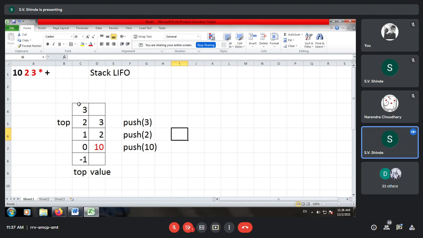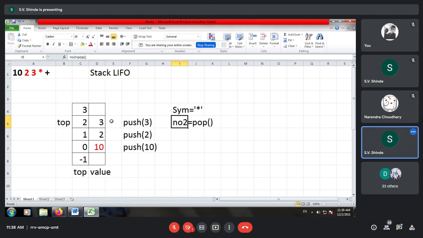Now let us see what will happen after we get the multiplication symbol. Whenever you get an operator symbol, you have to pop two things. That means you have to pop the first number. Let us make number 2 equal to pop from the stack, since we get the symbol equal to multiplication sign. So we get number 1. So what is number 1 now?